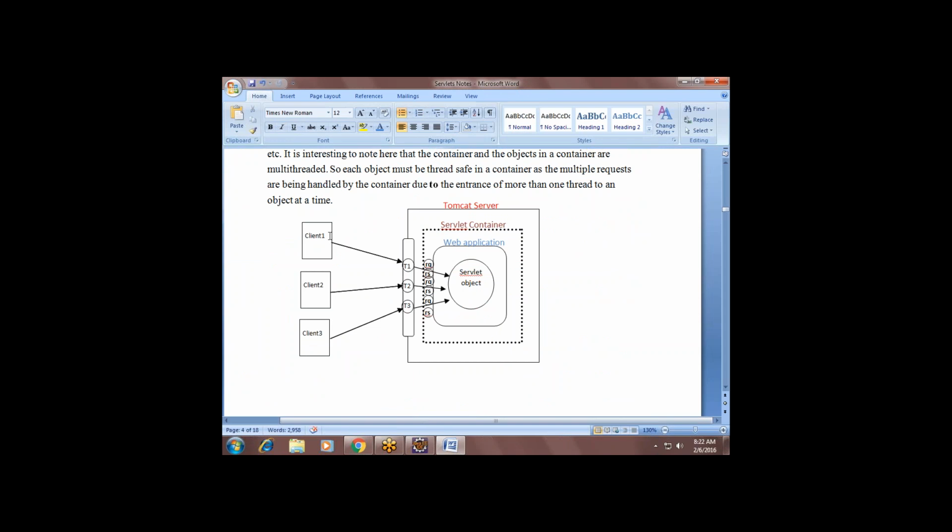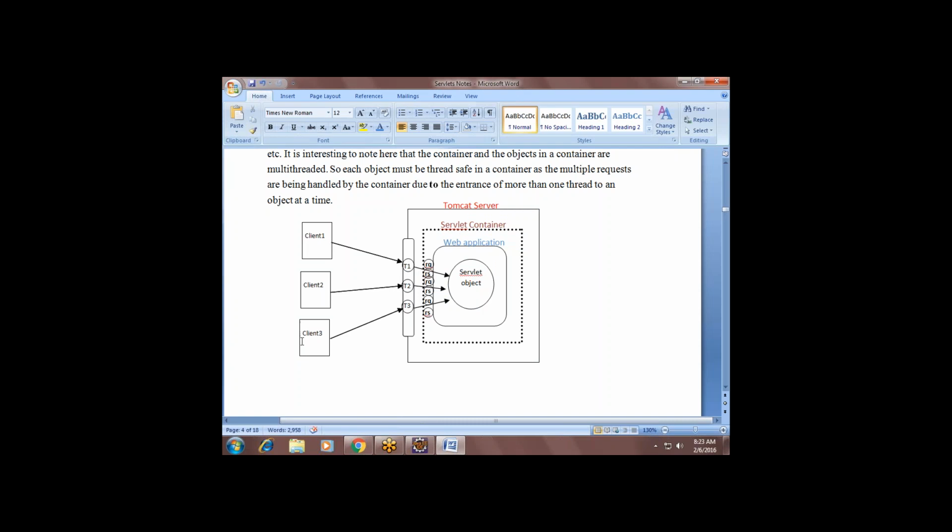Whenever a client makes a request, what will the web container do? It will first create a thread and assign the job to the request, as well as create request and response objects. Understand? Whenever a client makes a request to this web application servlet, it will make a thread.